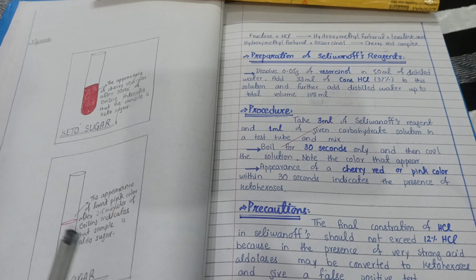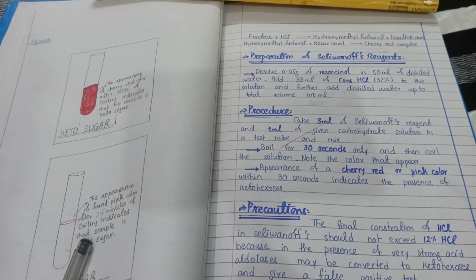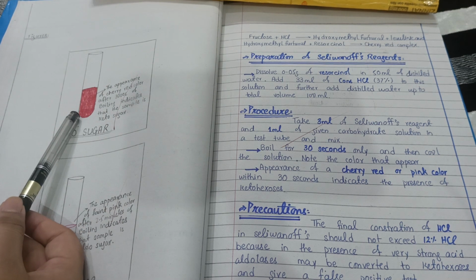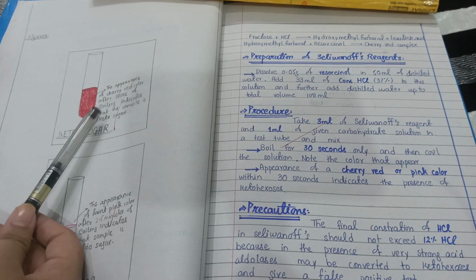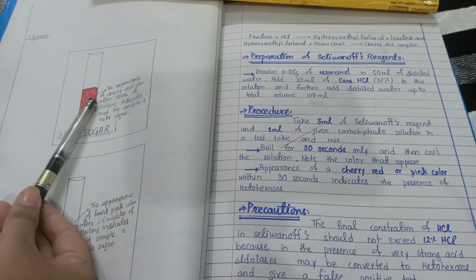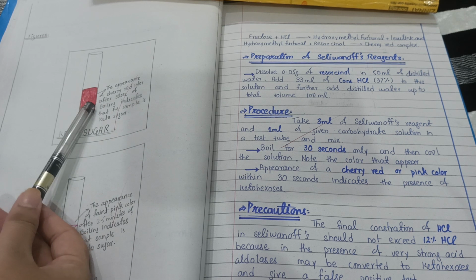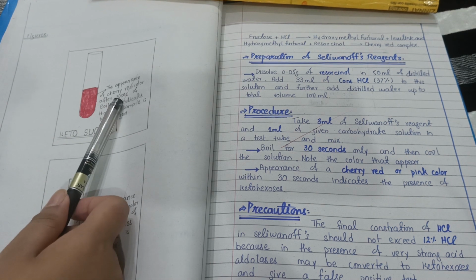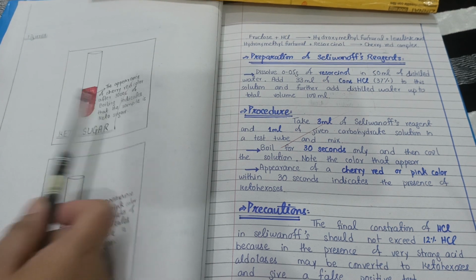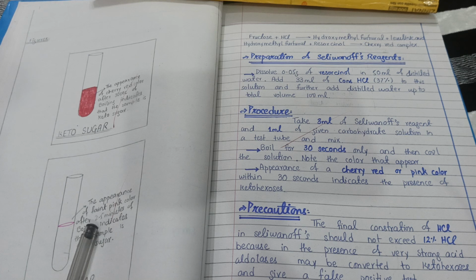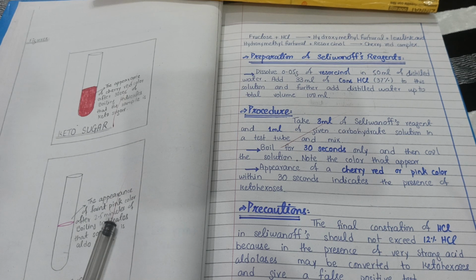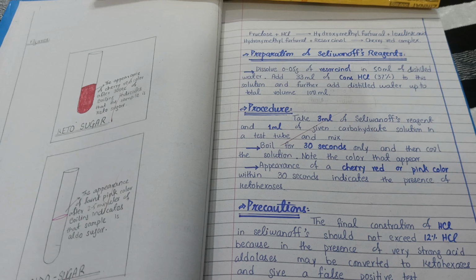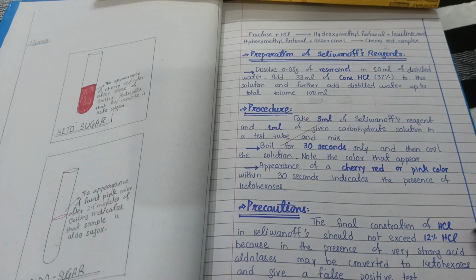सिर्फ रिंग मिली है, जो कि ये इंडिकेट कर रही है कि ये एक एल्डो शुगर है। जबकि कीटो शुगर में आप देख सकते हो कि पूरा का पूरा सोल्यूशन ही चेरी रेड कलर का हो गया है। सो और 30 सेकेंड्स के अंदर ही आपको पता लगेगा, ठीक है। तो ये जल्दी रिएक्शन शो करेगा, ये देर से कर रहा है। 30 सेकेंड्स ज़्यादा है, ठीक है, मतलब 1 मिनट भी पूरा नहीं है। और यहाँ पर आप देख सकते हो कि 2 मिनट है, बल्कि 2 मिनट से भी ज़्यादा का टाइम ले रहा है। सो ये चीज़ का डिफरेंस आ जाता है सेल्विनाइट टेस्ट के अंदर।